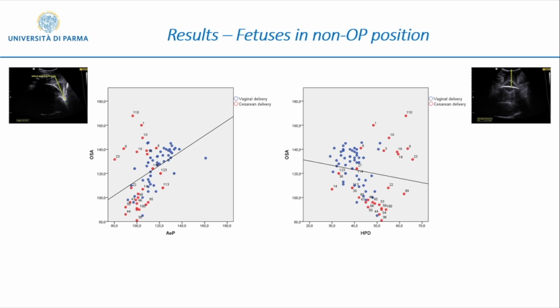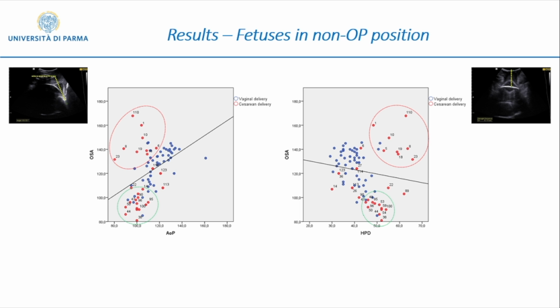In a visual analysis of the scattered dot charts showing the correlation between the occiput spine angle and head perineum distance and between the occiput spine angle and the angle of progression, cases submitted to cesarean delivery appeared to pool in 2 clusters. And while this first cluster seemed to follow the correlation between the flexion of the fetal head and the sonographic station, confirming that the mechanism of flexion represents a major determinant of the fetal head descent,